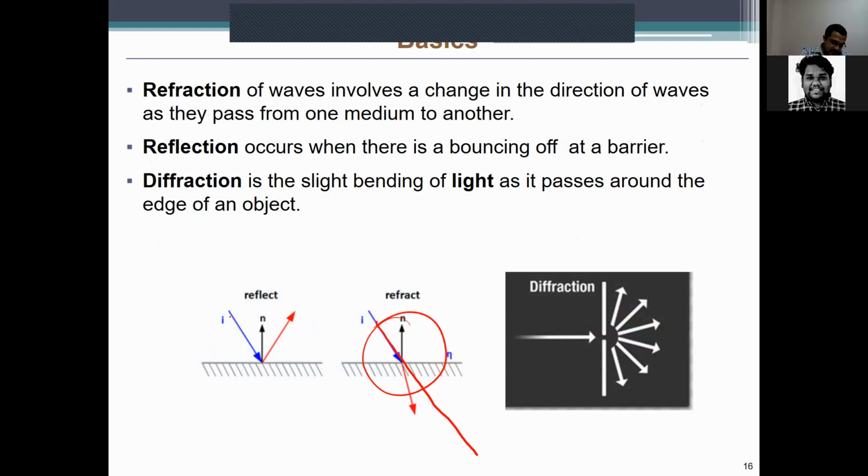Then what is reflection? The bending back of light into the same medium is known as reflection. If the light reflects back into the same medium, then it is known as reflection. Then what is diffraction? It is the light bending as it passes around the edges. Suppose light is coming from this side, and around the edges, the light will bend. Instead of going in a straight line, some portion of the light